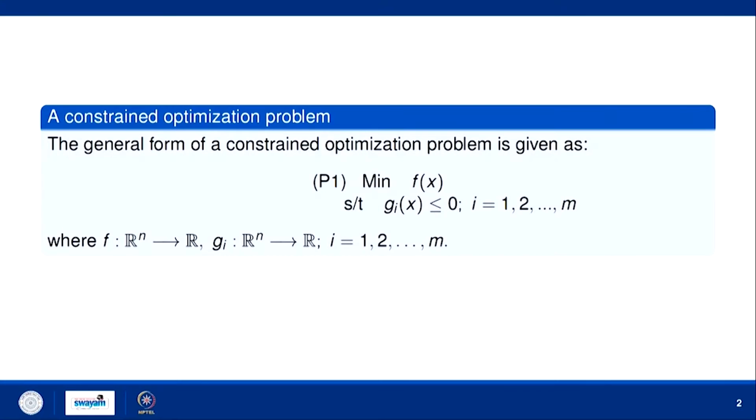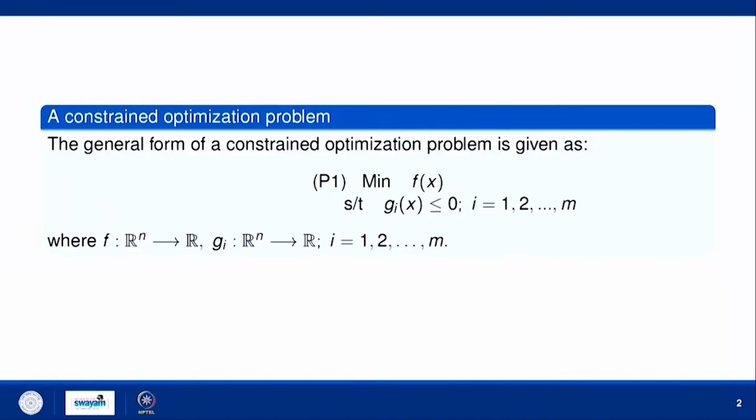A constrained optimization problem is basically a problem in which we have to maximize or minimize a given function, called the objective function, which is f here, subject to a given set of constraints. Here we have the minimum of f(x); it may be maximum also. Here I am taking minimum. The same algorithm will be followed for the maximum type constrained optimization problem as well. So, if it is minimum f(x) subject to g_i(x) less than or equal to 0, this f is basically the objective function, subject to m number of constraints. So, this problem P1 here is called a constrained optimization problem.